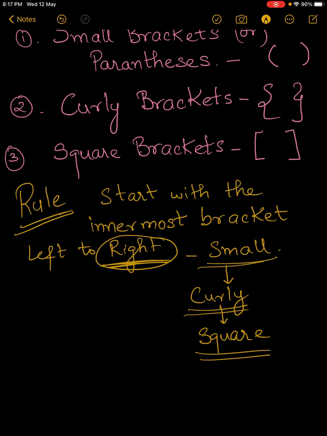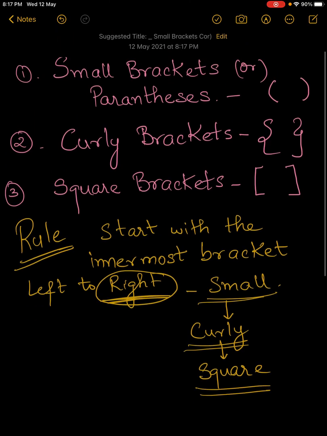I know it is appearing to be a little complicated right now, but let us take one very simple question and try to figure out what it is exactly that I'm trying to say. Alright, now please remember the concept of the bracket. So the small bracket is first, curly bracket is second, and the square bracket is the third one, starting from the innermost bracket on the right. So we're going to take a question. Say for instance, we have